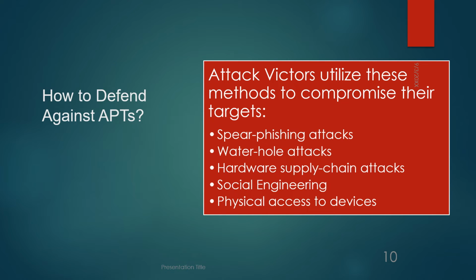Then they will get the information they need, like your bank information or credit card or email, home addresses, phone numbers, and whatnot. So many things. Then you have physical access to devices in order to infiltrate air-gapped target networks. So these are some of the tactics the APT uses,